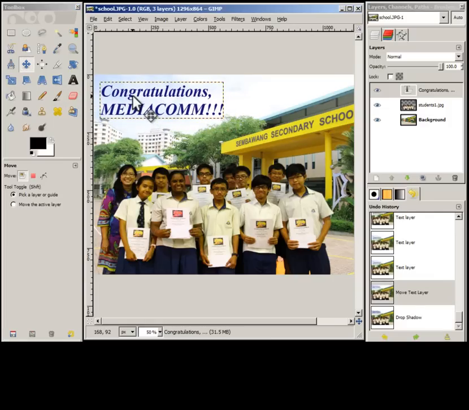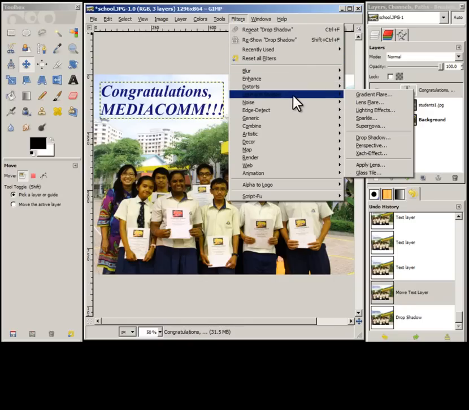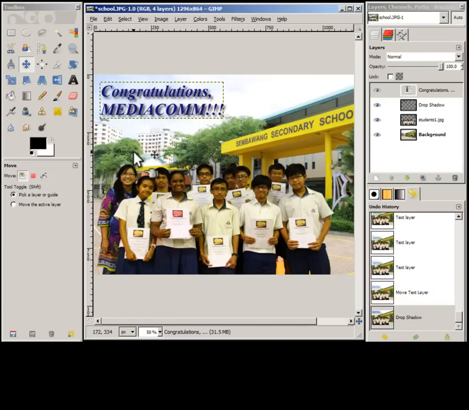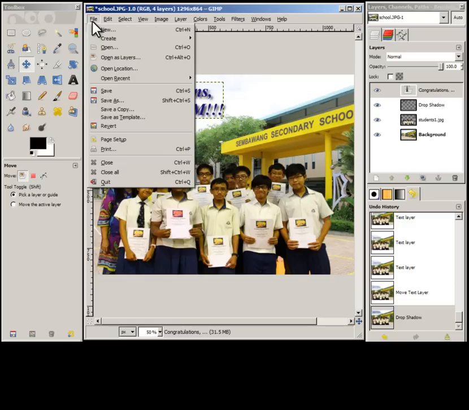And then we will add a shadow effect by going to Filters, Light and Shadow, Drop Shadow. Use the default values and then press OK. And we are done. To save the file, go to File, Save As,